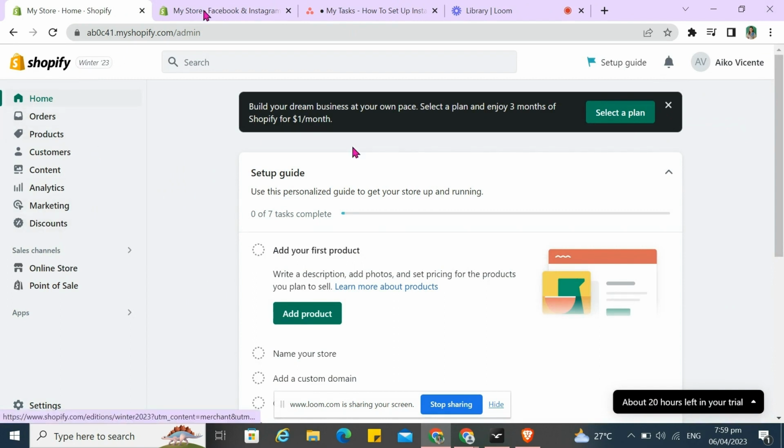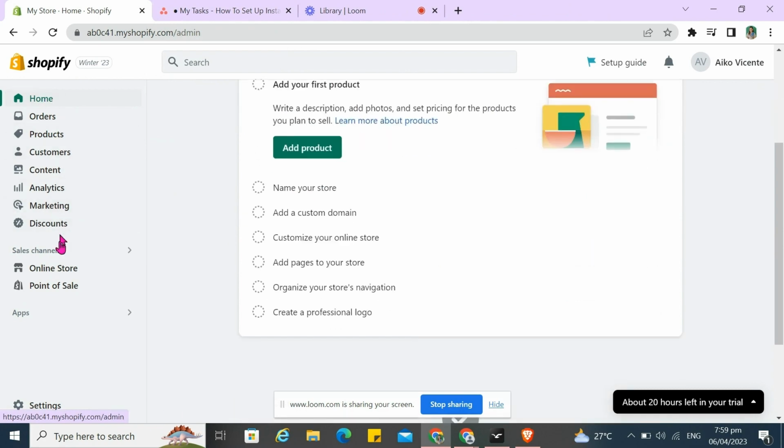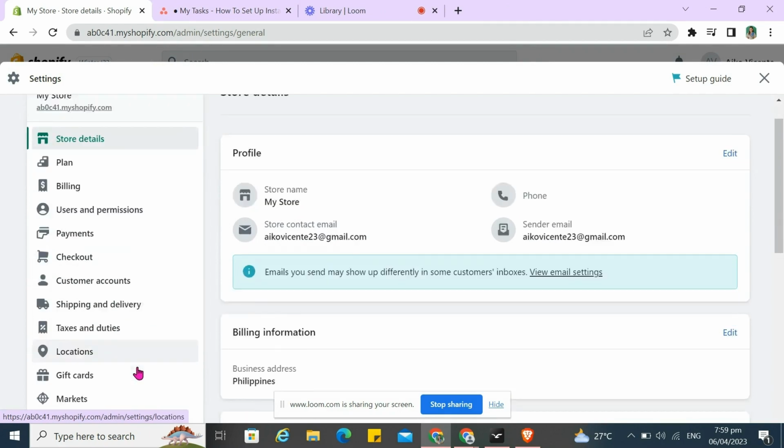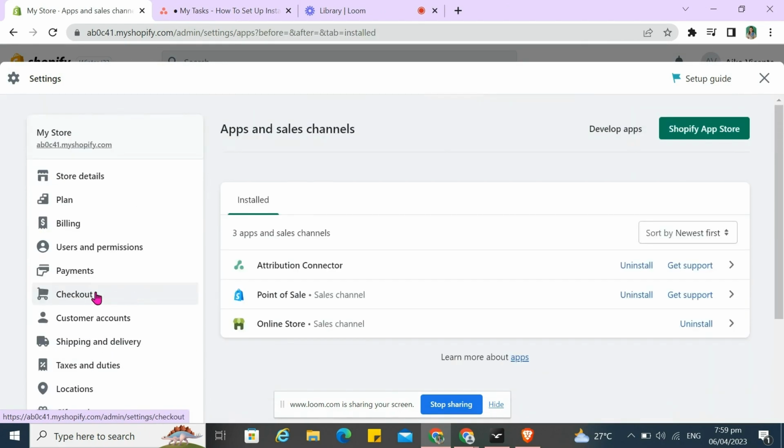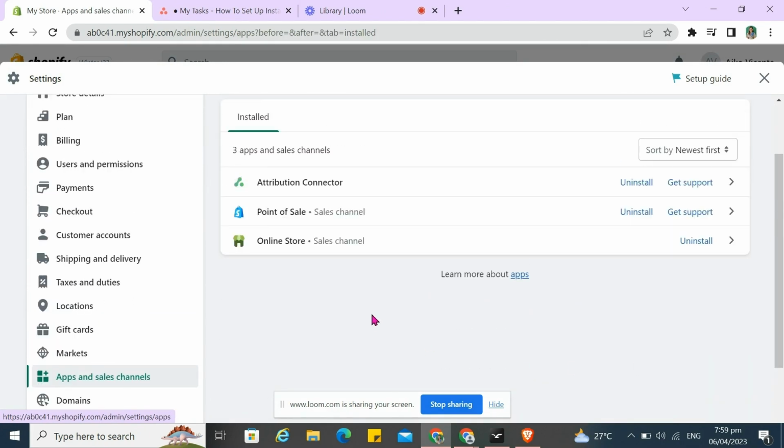And now let's go back to your Shopify homepage and let's try to see if it is connected. Just click on settings and browse down, click on apps and sales channels, and there you can see if it